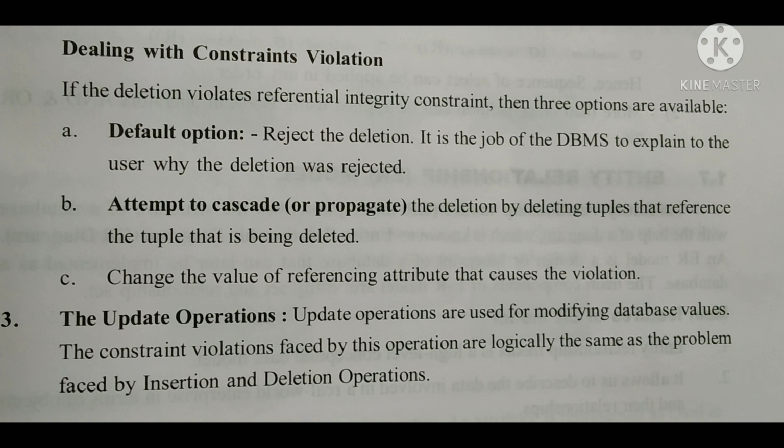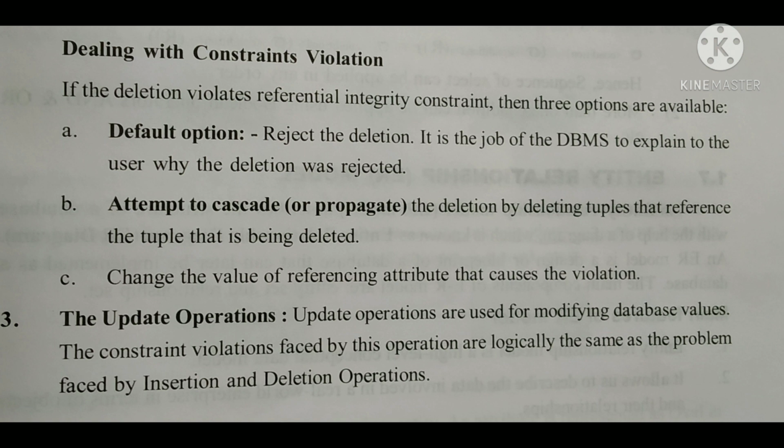The default option is to reject the deletion; it is the job of the DBMS to explain to the user why the deletion was rejected.